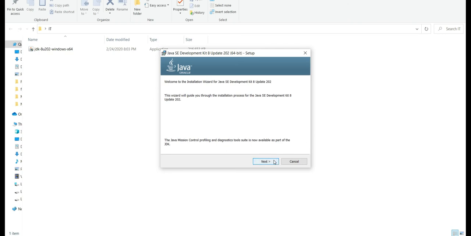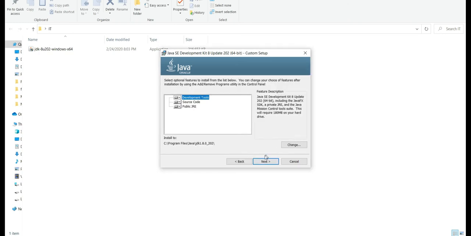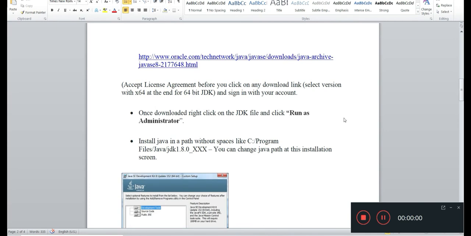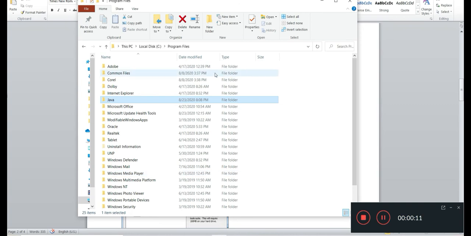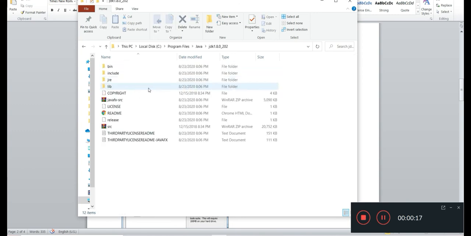The installation process has started. Just click next, and Java will be installed in the specified location. Let me open the location. I have installed it in the C drive, then Program Files, then Java, then JDK 1.8. This is the path where I have installed the JDK.